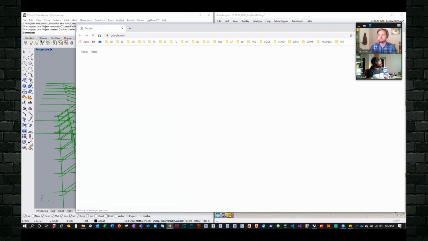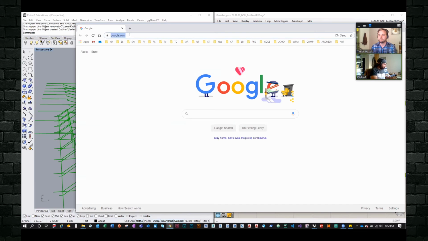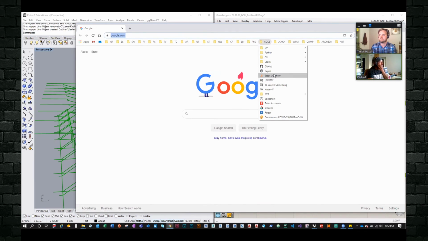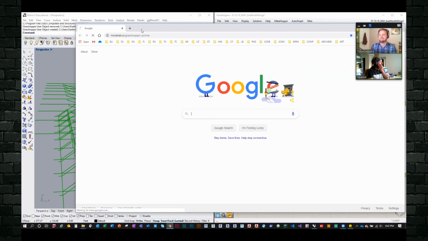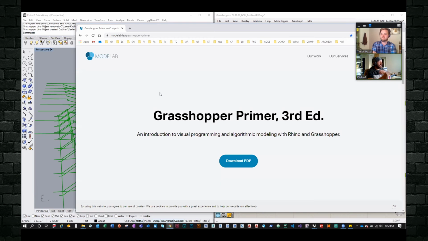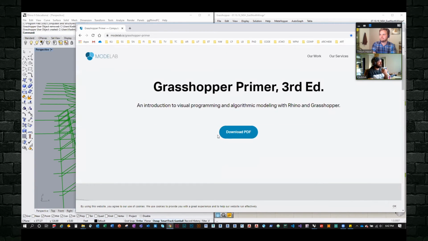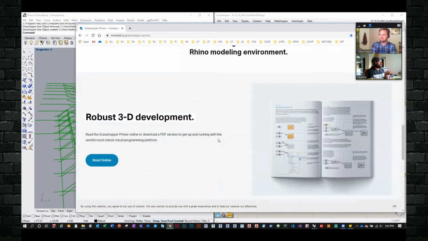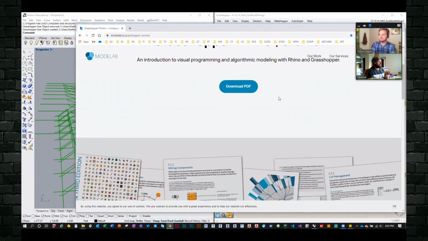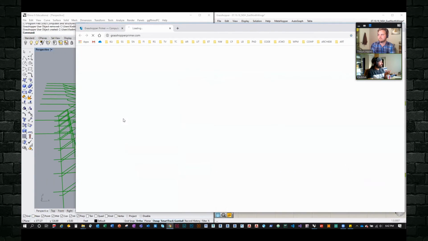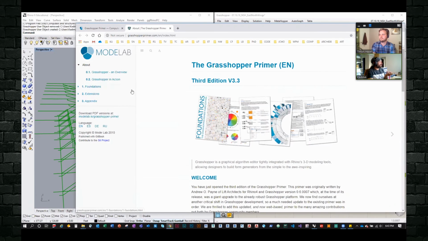Yes, there's an excellent source. So, where is this? There's this Grasshopper Primer. This is excellent. I teach Grasshopper and I give this book to my students all the time. You can download it as a PDF, or read it online. It goes through installing Grasshopper.